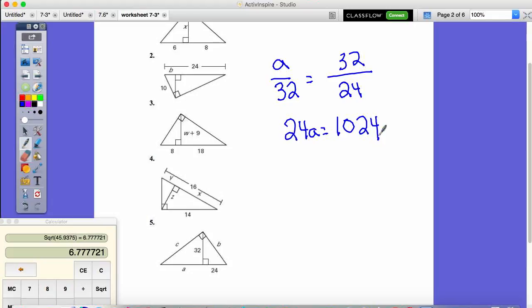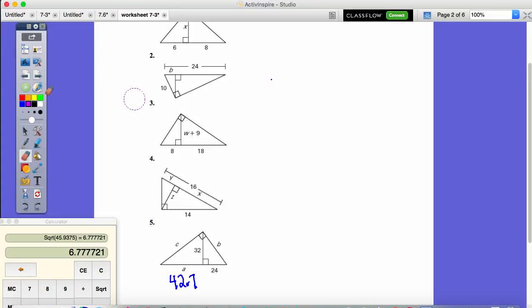1,024 divided by 24 is 42.67. So I'm going to round A to 42.7. Now, to solve for B, rather than start using a geometric leg theorem, I see that this triangle here is actually,